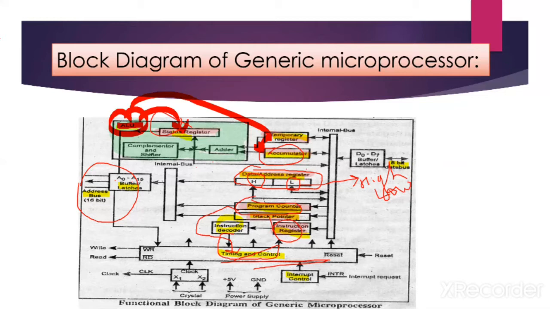Next is data bus. Here it is an 8-bit data bus. Data bus is a group of 8 bits used to flow data. It is a bidirectional bus, that is, data flows in both directions between the microprocessor unit and memory and peripheral devices. Address bus is only unidirectional, bits flow in one direction, but the data bus is bidirectional.